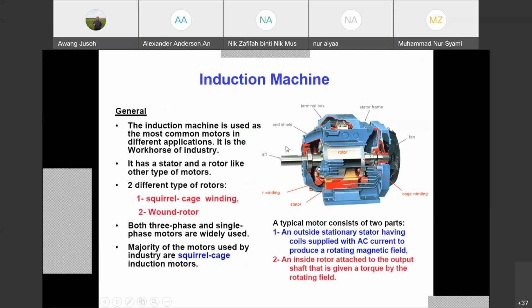In order to make it clockwise, the supply to the terminal board must be, instead of red, yellow, blue, you have to change the sequence now to red, blue, yellow. By changing to red, blue, yellow, we can change the direction of the shaft here from anti-clockwise to clockwise direction. That is a basic principle of things.